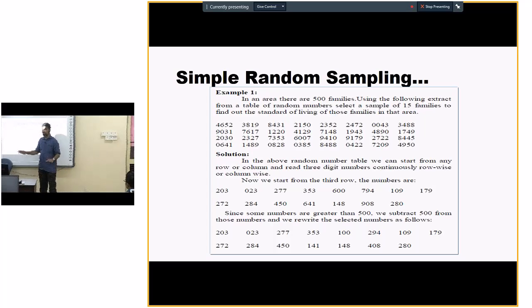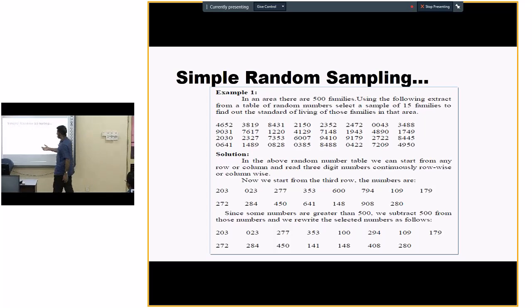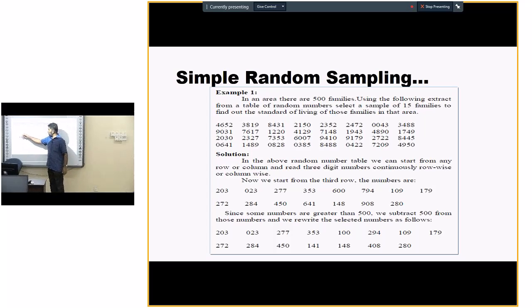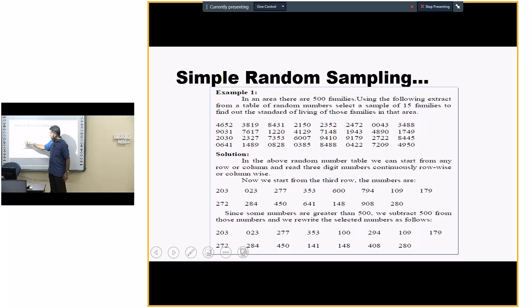Now, how to select them? You can use a lottery system or a random number system, but we should know the way, right? Now if I start from this point, 203, here in the third row, 203, next 023, that means 23rd, right? Next